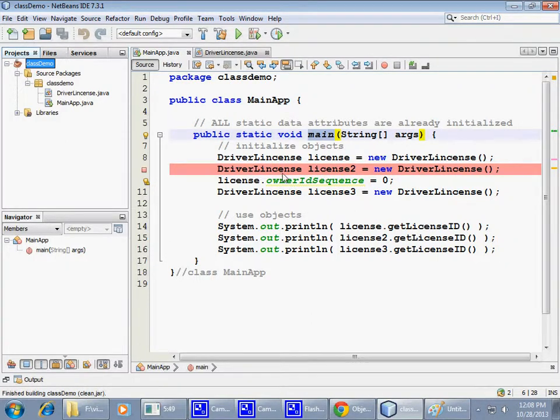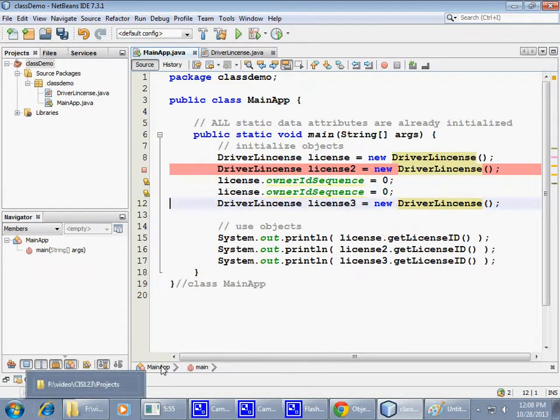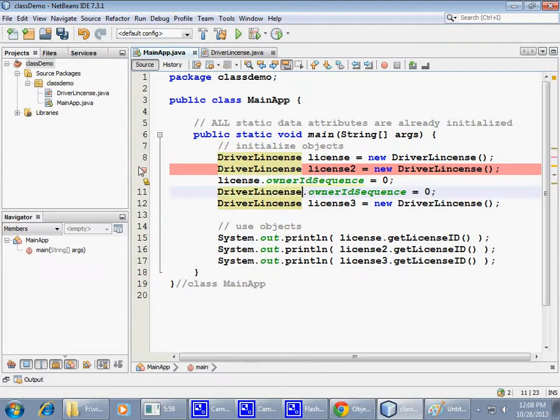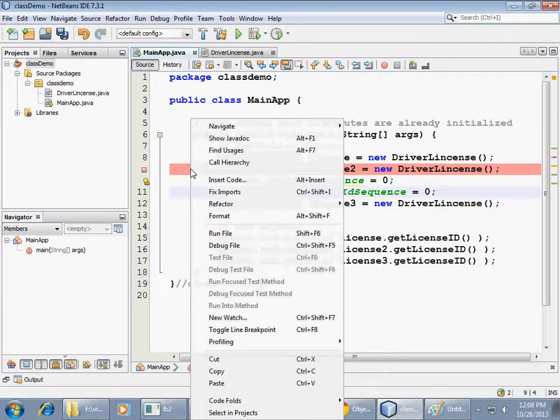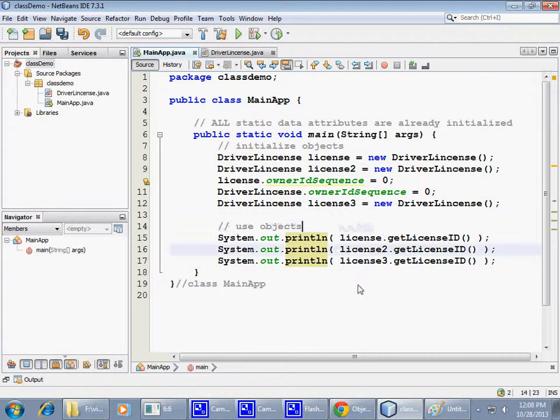All right, so it compiles. I just want to show you one more thing. Most of the time, you should prefer this syntax. Just use the class name. Let me get rid of this breakpoint because there's too much color on the screen. Toggle breakpoint. All right, so